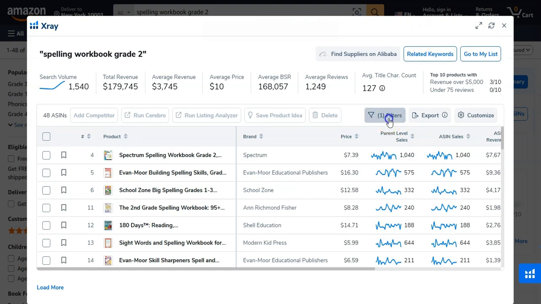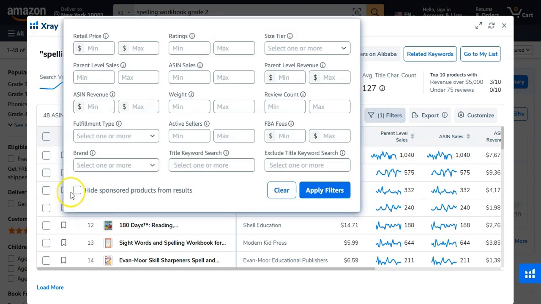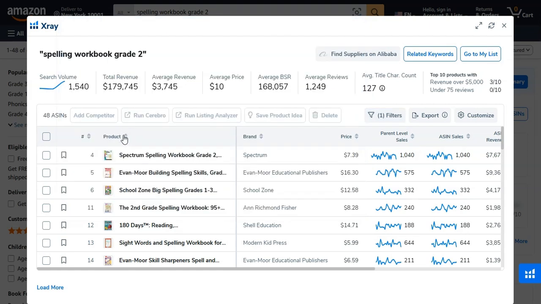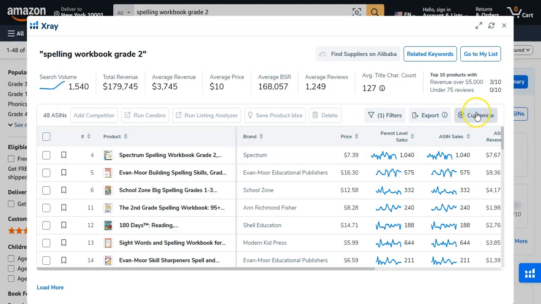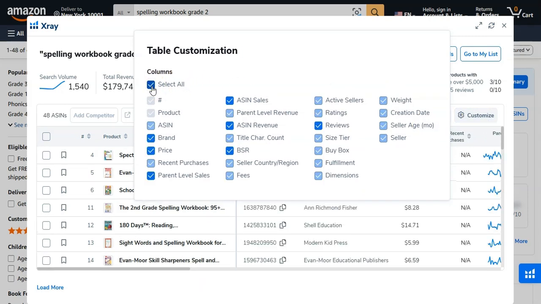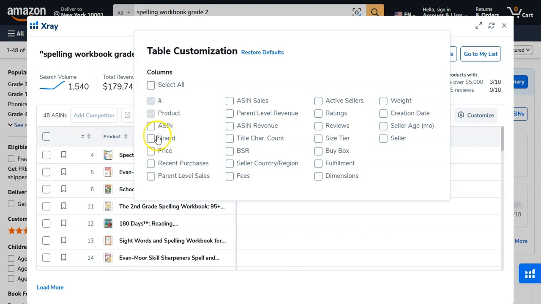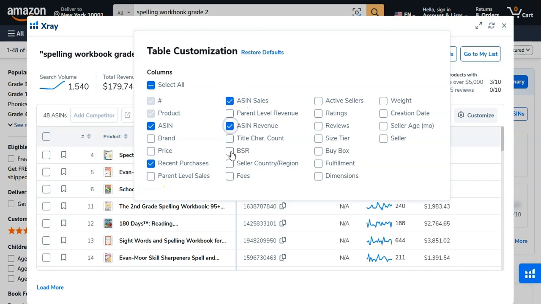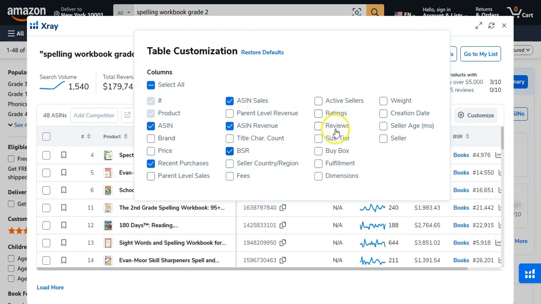So here you need to apply two filters. The first one is hide sponsored products from results, and the second one is fulfillment by Amazon. Here we can go to customize, and you can either select all, but for now you only need very few filters like ASIN, then recent purchases, ASIN sales, and then the ASIN revenue, BSR, and finally you need to see